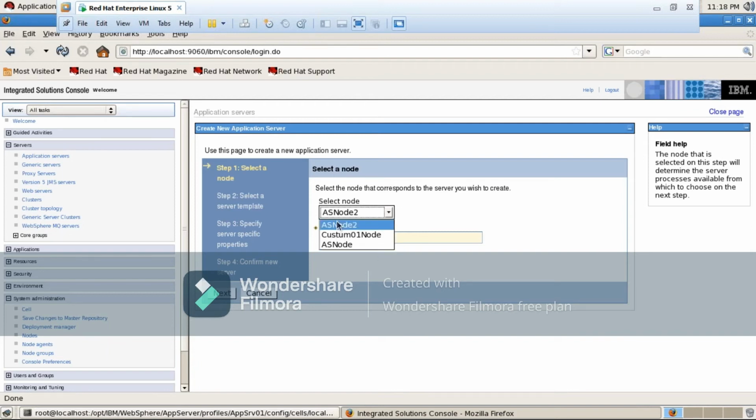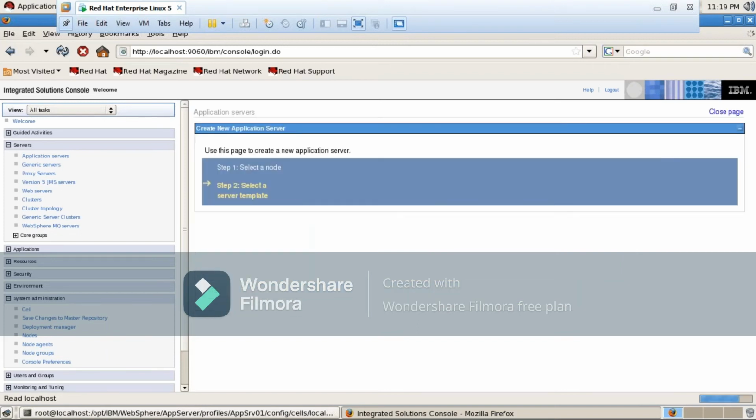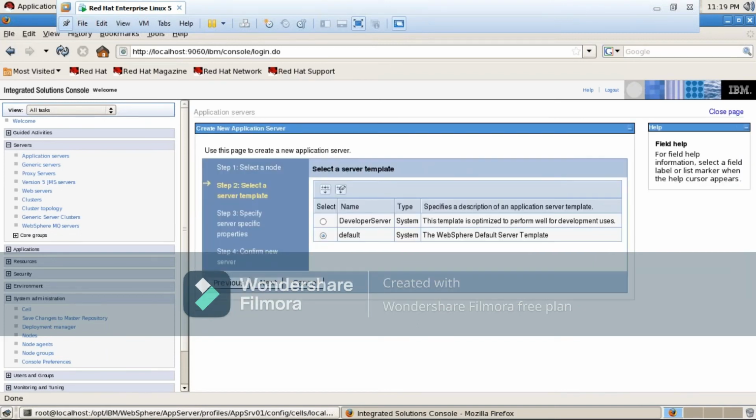Okay, so let me take the AS node, which is the appserver01 profile, and I will give the JVM name as Apple. Click on next. Now see how many configuration files will be updated. Here it asks to select a server template.